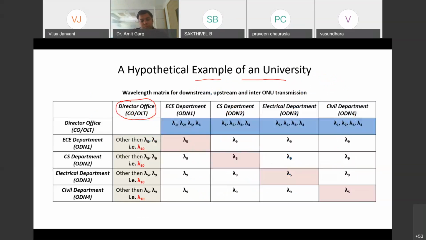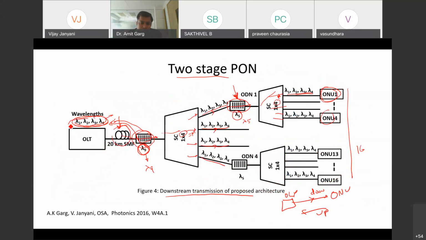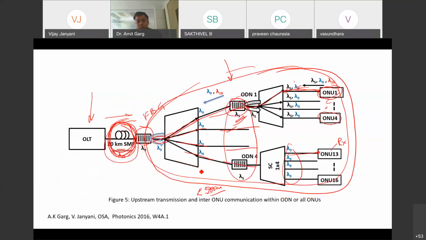In that case, each of these departments can communicate with specific wavelengths assigned. If this director office wants to communicate with the ECE department, it will be transmitting lambda 1, lambda 2, lambda 3, lambda 4, as I showed in this diagram. That will be the downstream transmission, and with lambda 1, 2, 3, 4, this OLT can communicate with all the users.